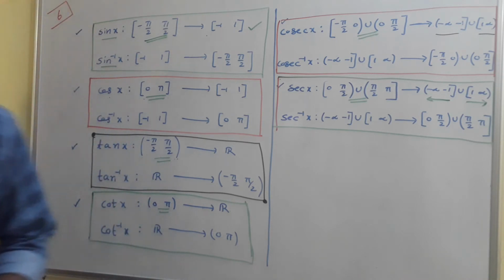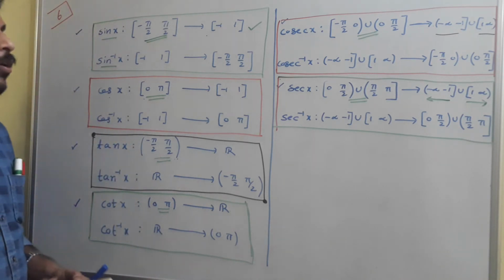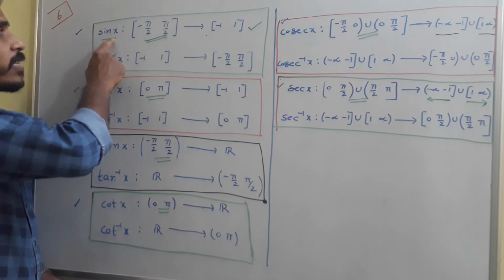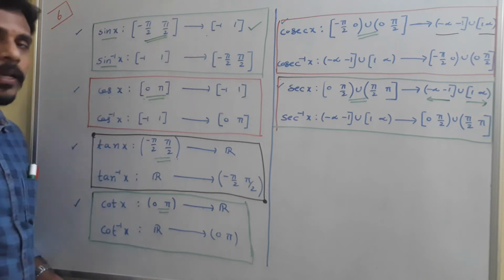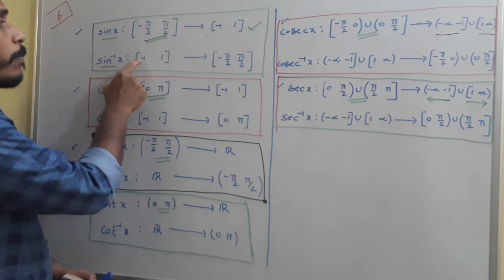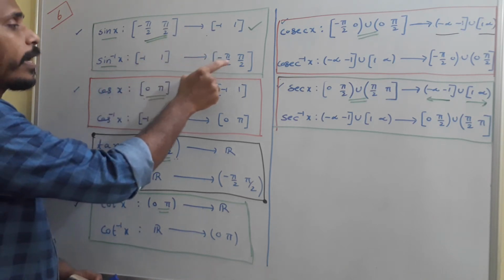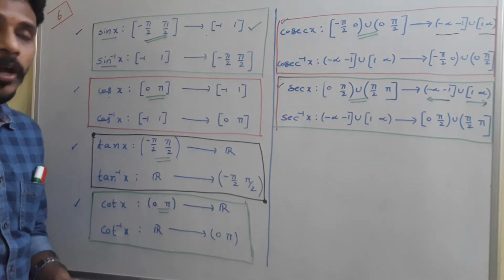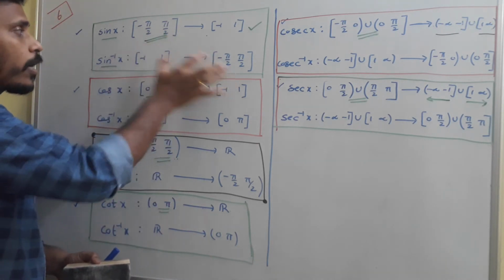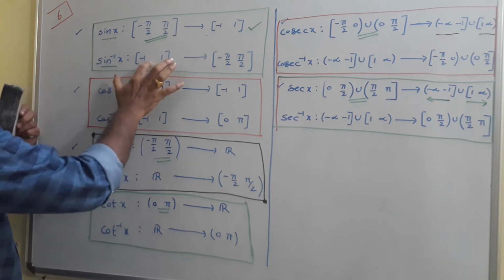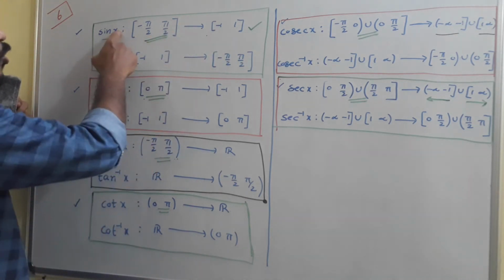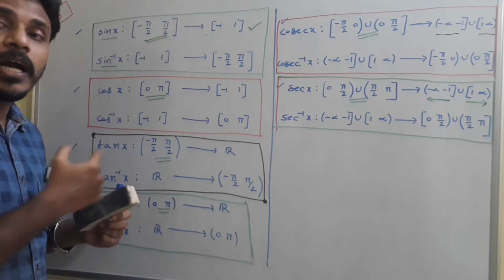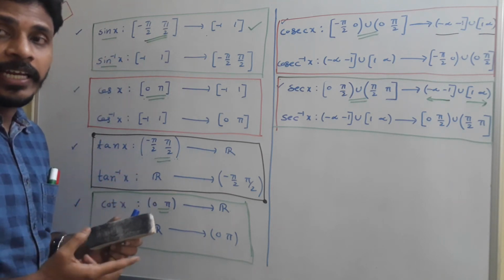Okay, and before that, first of all you just have a look, and I have one more thing. Here sin x is from minus pi by 2 to pi by 2 to minus 1 to 1, and sin inverse x is from minus 1 to 1 to minus pi by 2 to pi by 2. Okay, so with this domain and with this codomain, corresponding values, since these two functions are bijective, the composition is clearly an identity function.